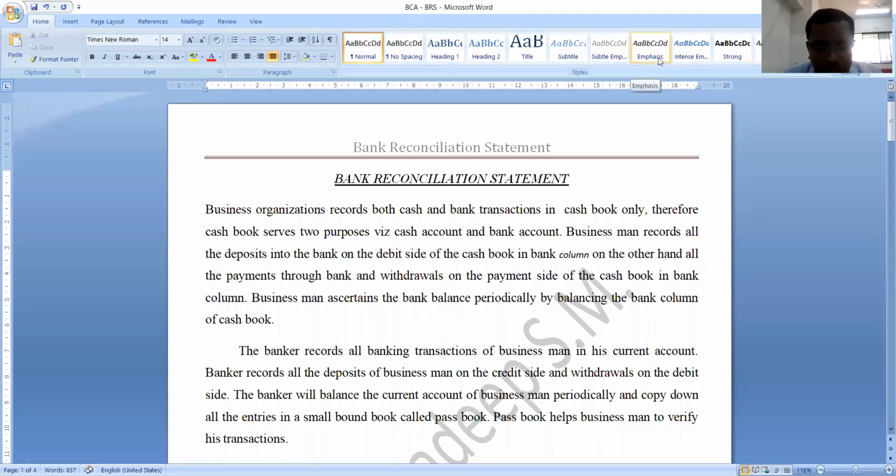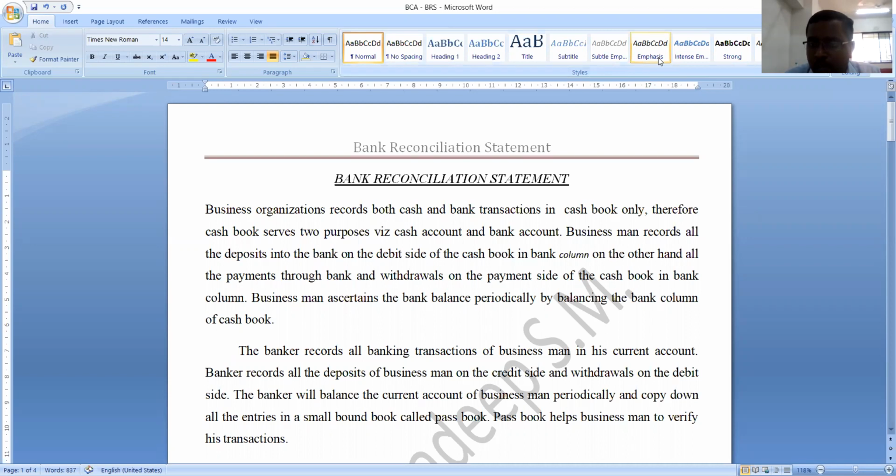Good morning. In my previous video, we discussed depreciation. We discussed the meaning of depreciation, its features, and the causes of depreciation. Later, we discussed methods for calculation of depreciation, like the straight line method and the written down value method, and we solved some problems on them.